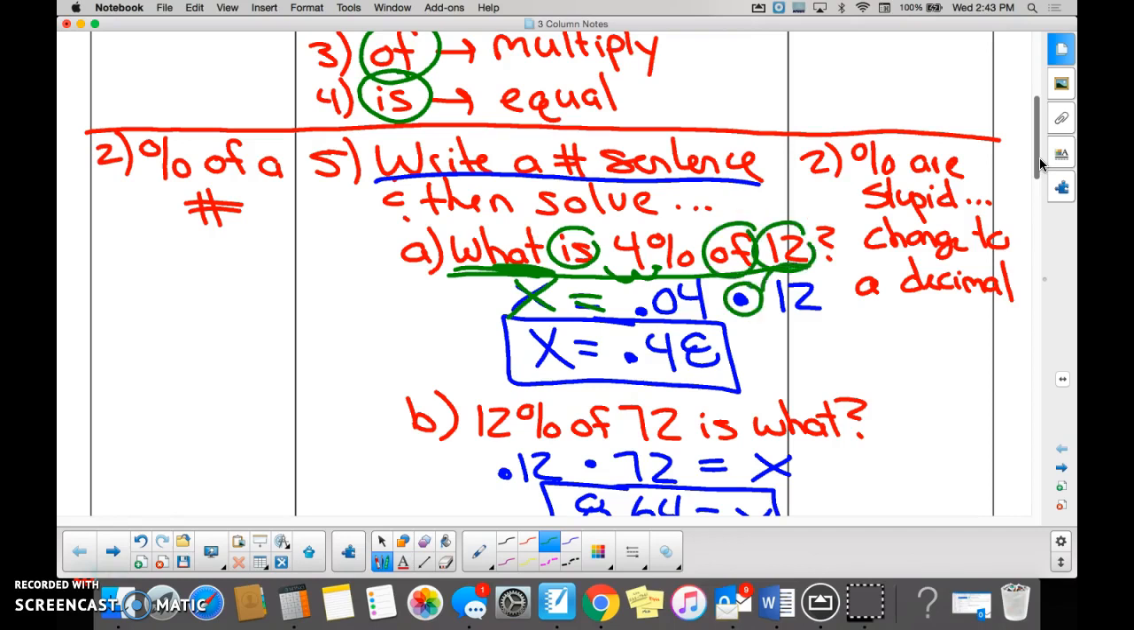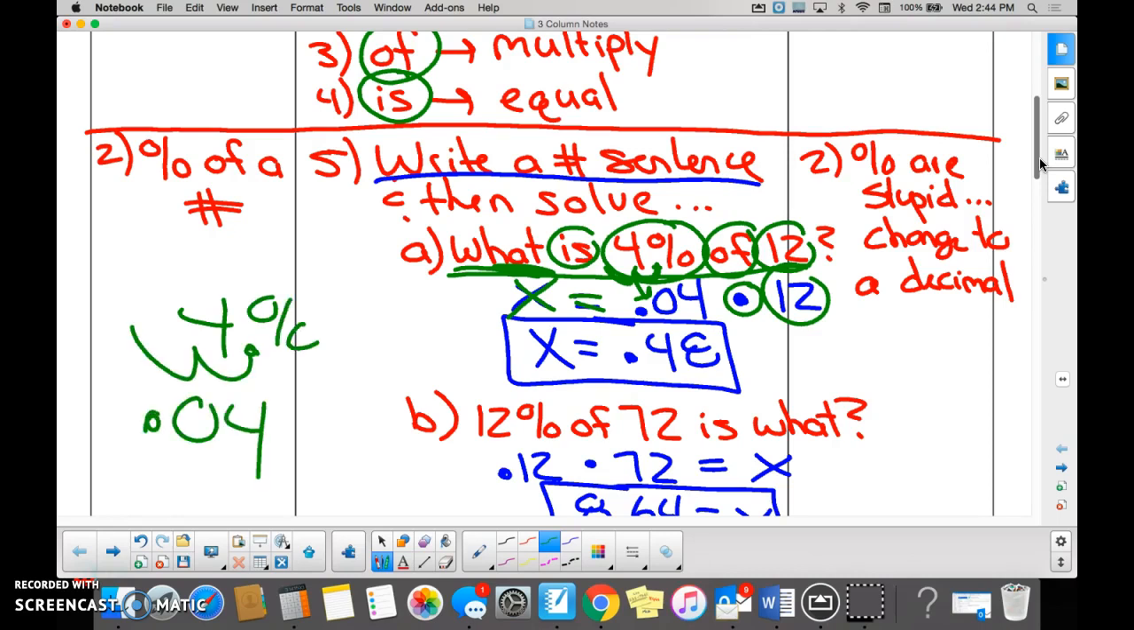12 means 12. 4%. What do we say about percents? They are stupid. That means percents can't calculate. So we need to change them to a decimal. And how do you change a percent to a decimal? Two places to the left. So 4% is really 0.04, right? So now, we have x equals 0.04 times 12, we can really just punch that into our calculator,